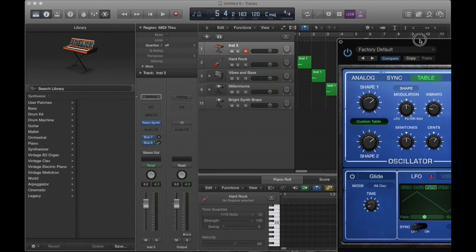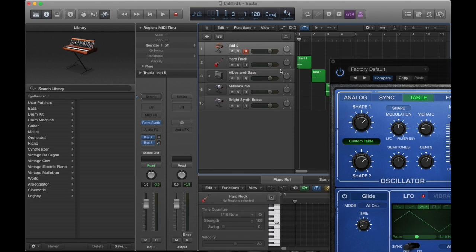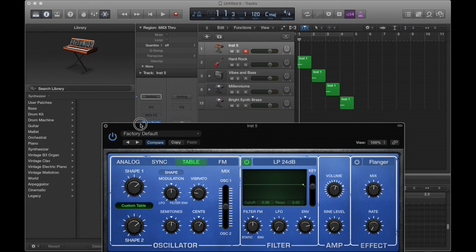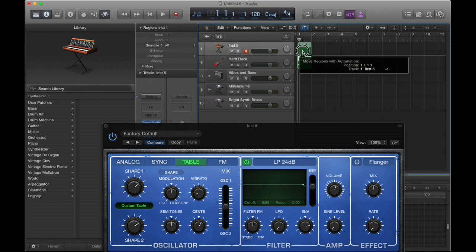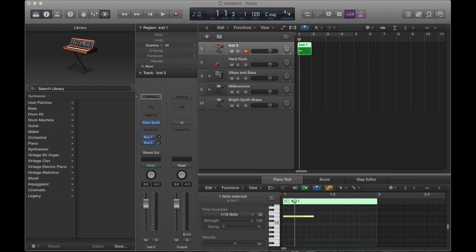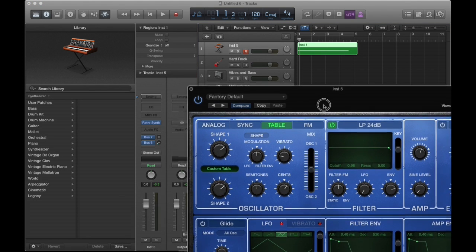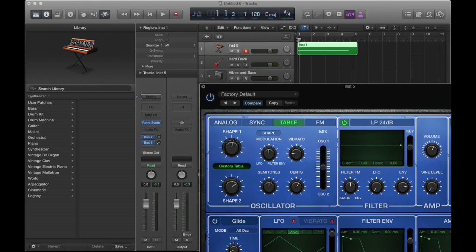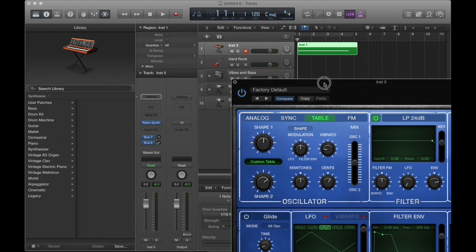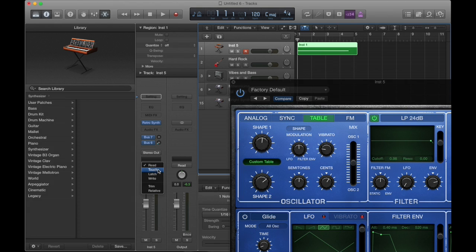If, for example, I was going to create a sound up here and I automated maybe that shape. So watch this for a second. I'm going to get rid of these 3. Move this one up here. Open it up. Extend it so it's a longer note. Okay. And now what I want to do is I'm going to change this on the fly as that note is actually playing. And so what I would do is put this into touch mode. And when I press play, what will happen